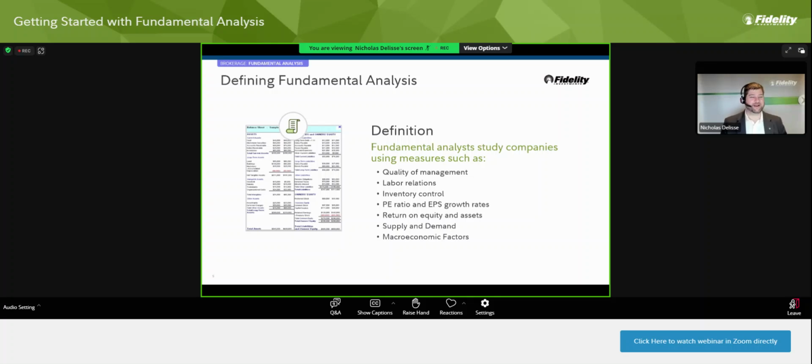Inventory control. A lot of this might not seem glamorous, but it's actually really important. Inventory control. I always think about Dell computers. Before they went private, now they're public again. In the heyday of the late 90s and early 2000s, they brought this new concept called just-in-time manufacturing that was really popular in Japan. And what it involved is, when they were building computers and needed a new computer chip, a new processor, well, you buy a truckload of processors now and they're worth $150 now. Well, next month they're worth $75. The month after they're worth $25. The month after you recycle them because the next one's out.